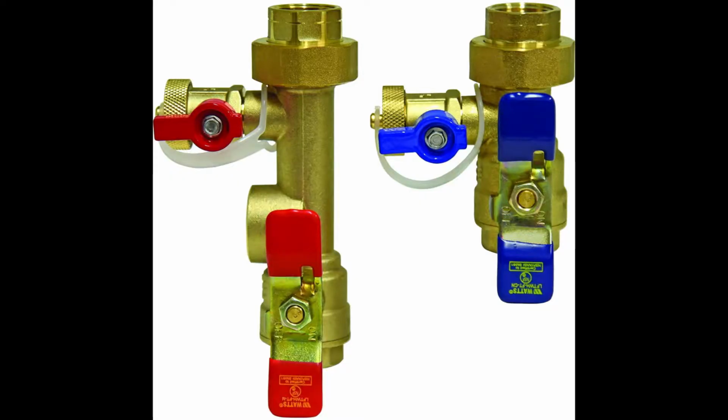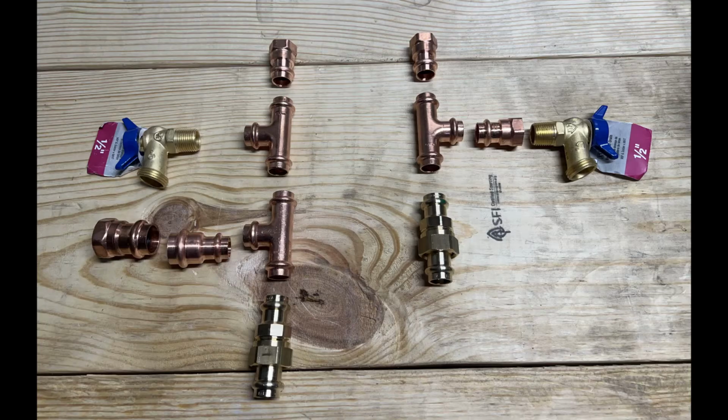We couldn't find a tankless water heater valve kit in 1/2 inch, so we decided to make our own, mostly made out of 1/2 inch ProPress fittings. Starting from the top, we have a female pressure adapter leading into a T-fitting, and out the side it's going into a drain valve, and into the bottom it's going into another T-fitting, which is leading to the pressure